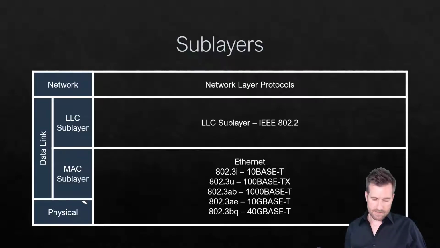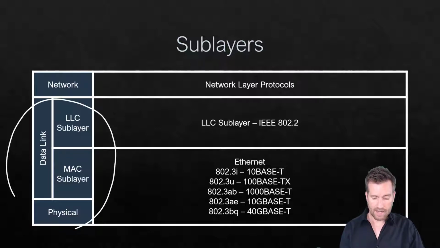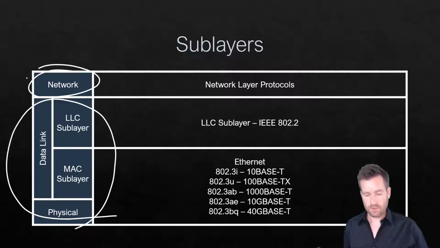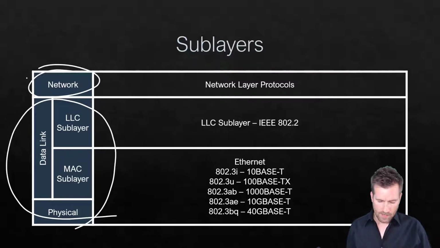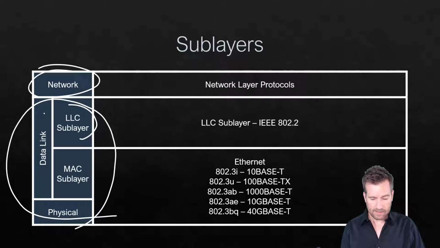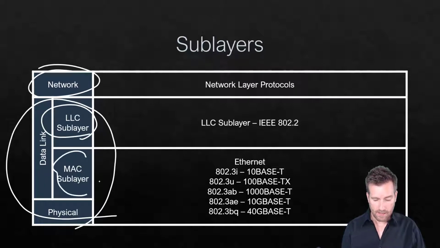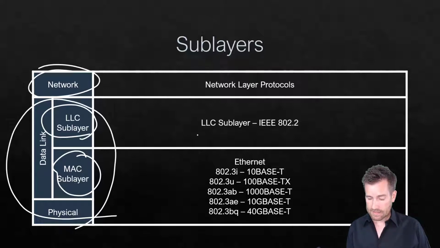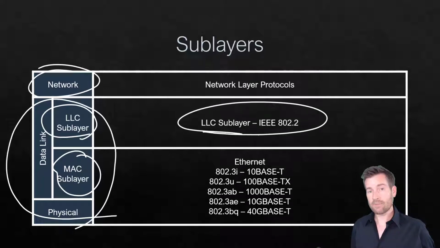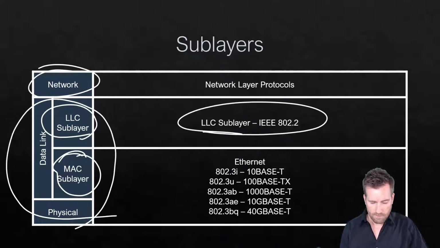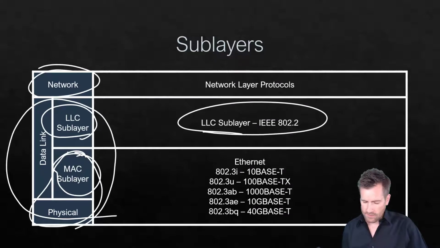So Ethernet is considered to run off of both the physical and data link layers. We can see it interfaces with layer 3 of the OSI model, which is the network layer, but it runs within the physical and data link layer. The data link layer actually has two different sublayers, an LLC sublayer and a MAC sublayer. The LLC sublayer is defined by IEEE 802.2, whereas both the MAC sublayer and the physical layer are actually defined by